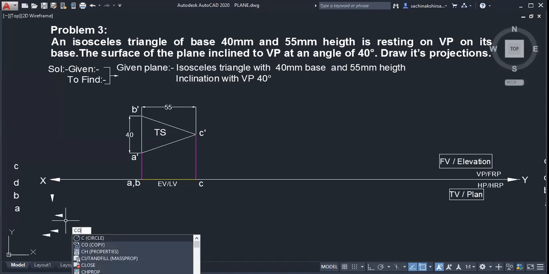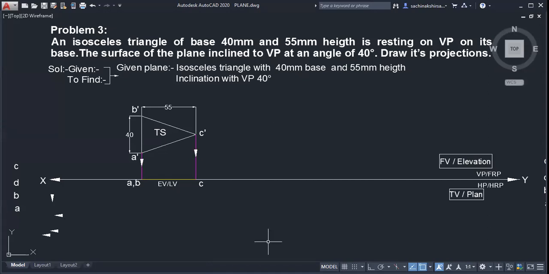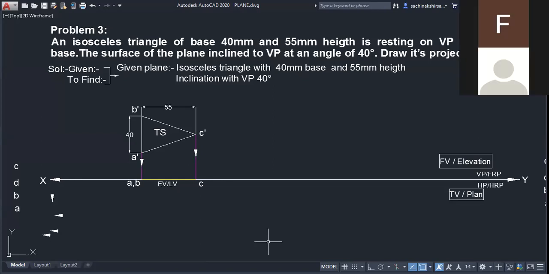For your information, I will show an arrow also, because it will be seen randomly, so you should come to know from where we have started. From this we have taken projections downward, and we have drawn its true shape and line view. Okay. Now what to do? This is simple, just a two-stage problem. First step, true shape and line view. In the second case, we are going to give inclination. That's all.